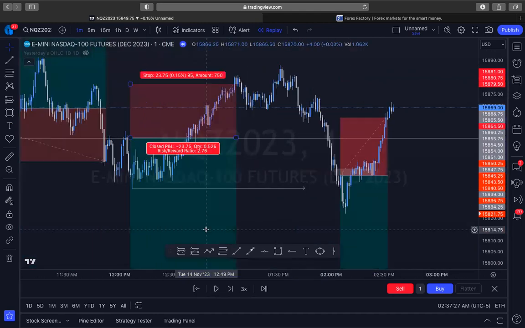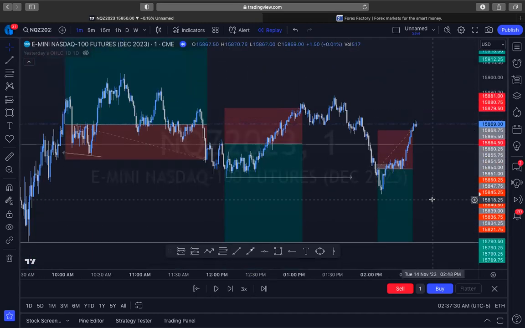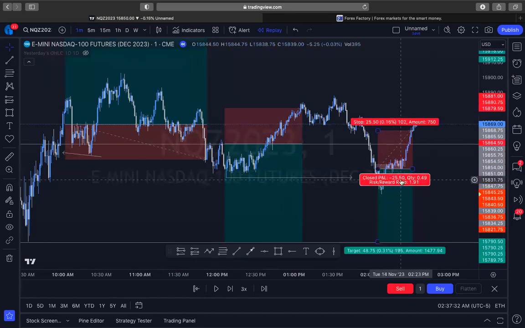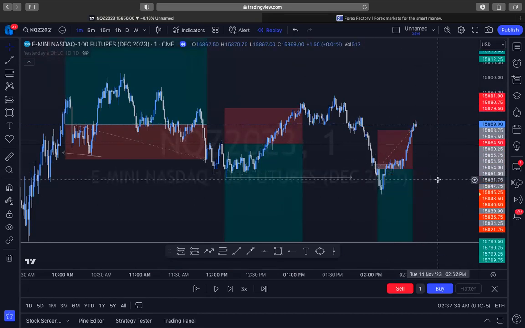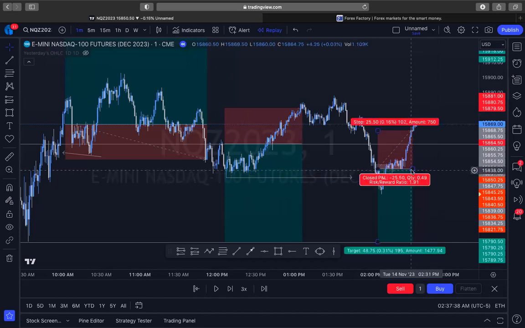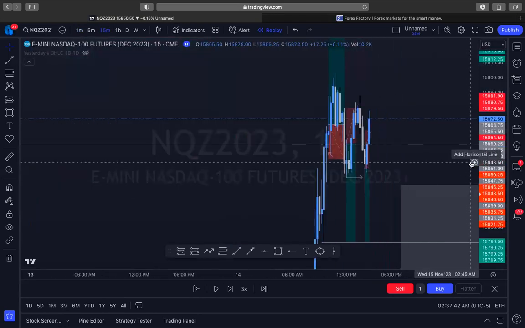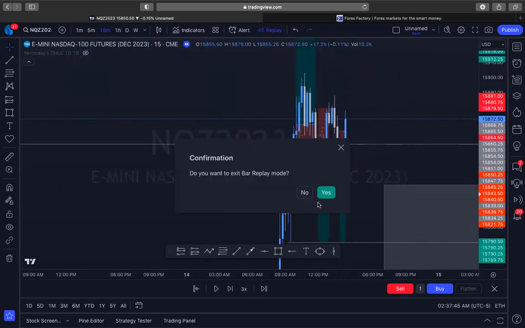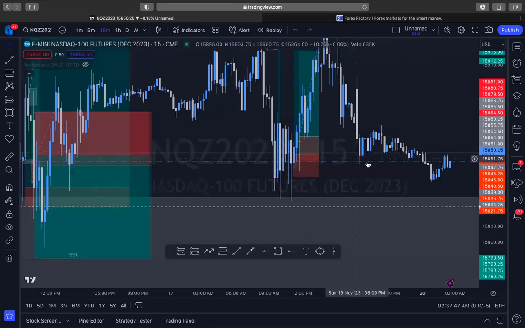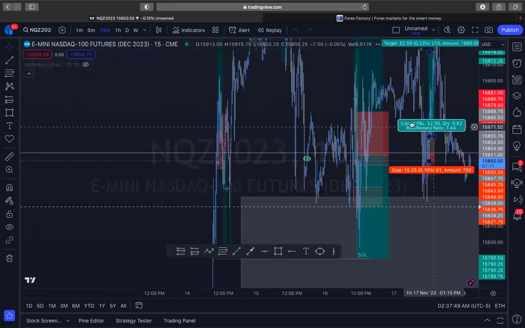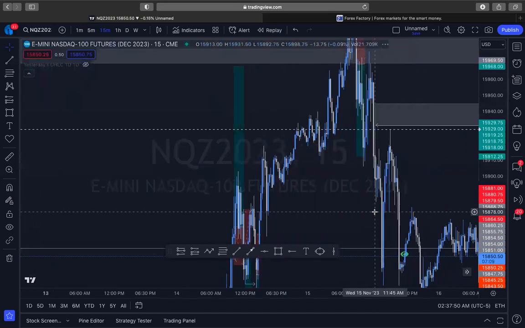I took 3 losses. I went against my trading plan when I shouldn't have. It's one extra loss that could have been avoided if I would have just closed my laptop. So those were my trades on Tuesday. 3 losses. Let me go ahead and exit this replay button so you guys can see where price is after we tapped into what we tapped.